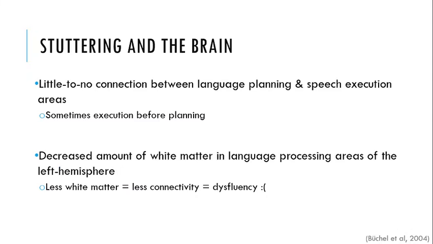Secondly, there is a decreased amount of white matter in the left hemisphere in an area of the brain adjacent to the primary motor cortex for the tongue, larynx, and pharynx representations, as well as another part that links word perception to word production areas. This is important because the lack of white matter means that there is poor connectivity between these language processing areas